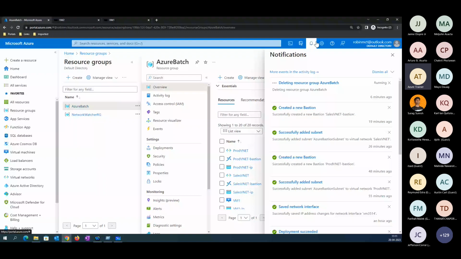Resource group deletion is in progress here. So let's wait.